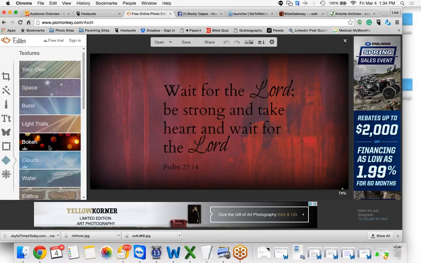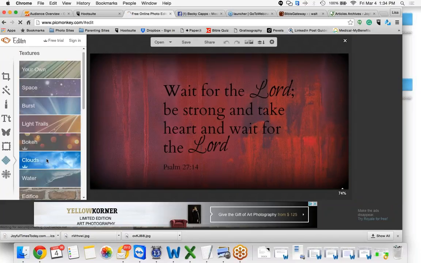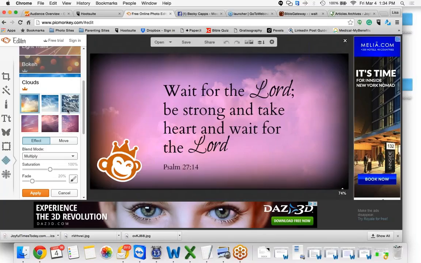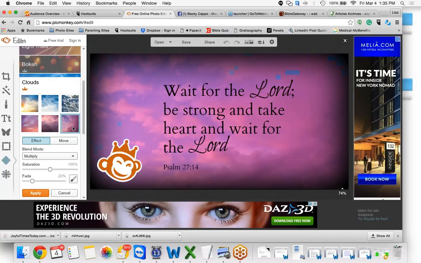What other one did we, oh, clouds. Want to discard the paint. I don't want to use that one. I decided I really want to use clouds instead. I like those. Oops, that's a royal feature too. Sorry, no clouds. Well, that's okay because the websites that you're getting your images from have lots of clouds, so